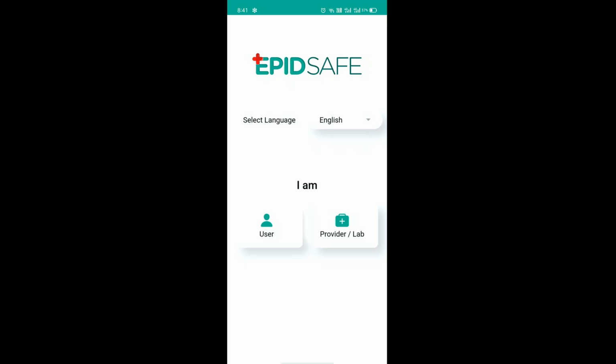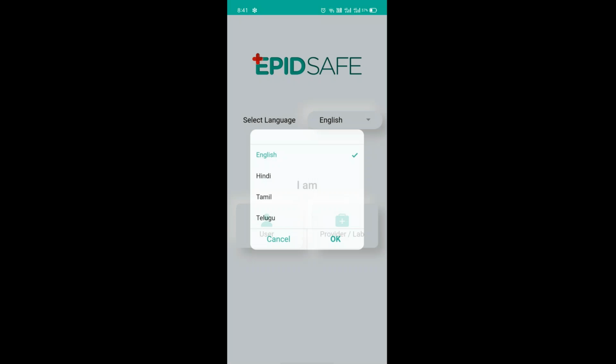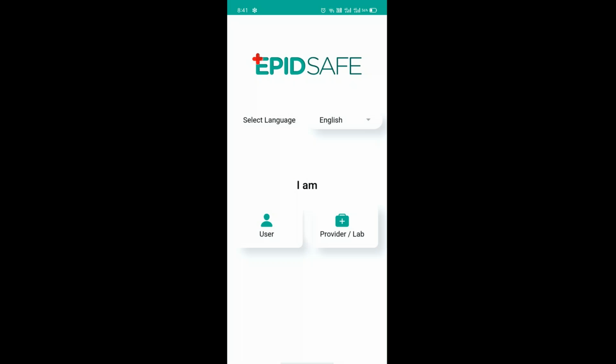We have set up multiple languages. We have English and a few other languages like Tamil, Hindi, Telugu, which are Indian languages. And we're adding French, we're adding Spanish. The translation is done, we just need to add it here. It takes us about an hour or two to add a language. So we have a translation matrix backend. We can go ahead and add a language based on that translation matrix.